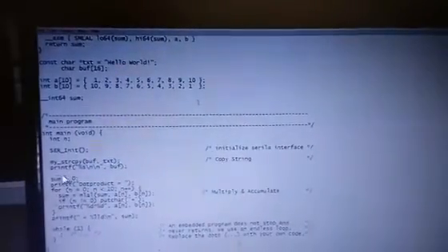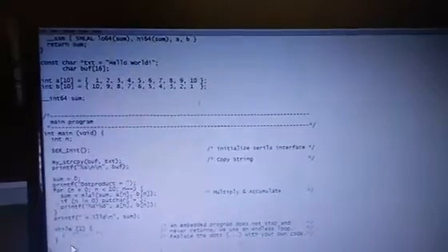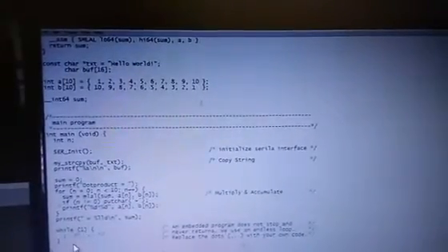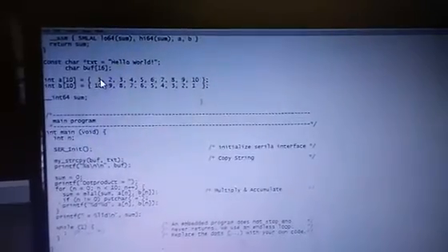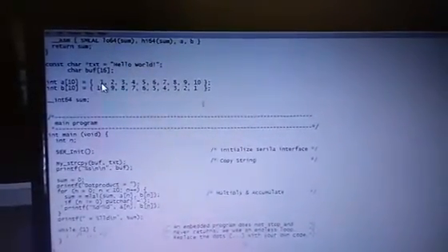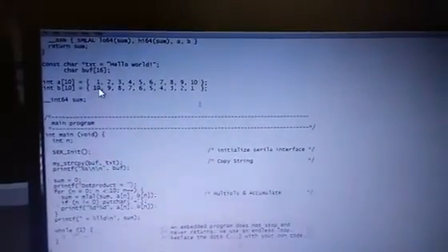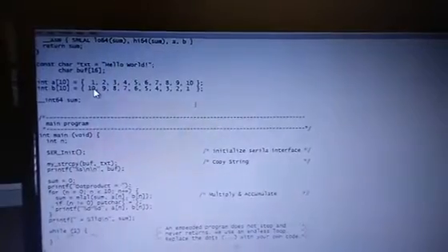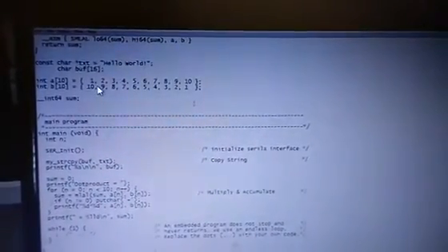After this, the multiply and accumulate operation should take place. So each and every number or element in the array should be multiplied with the corresponding element in the second array and it has to be added with the other elements.